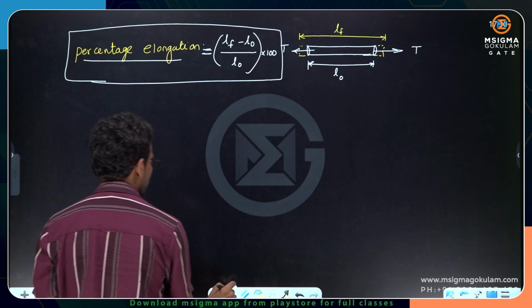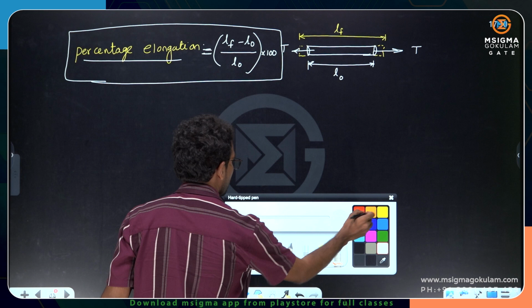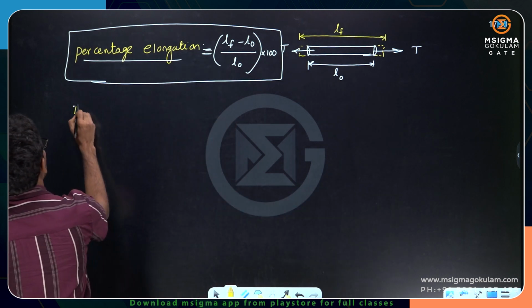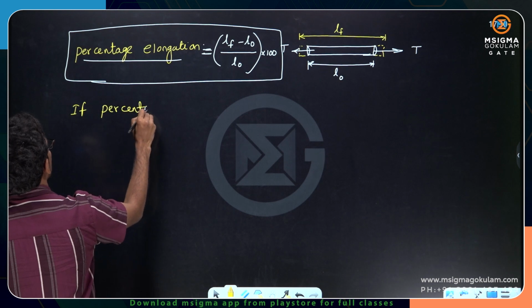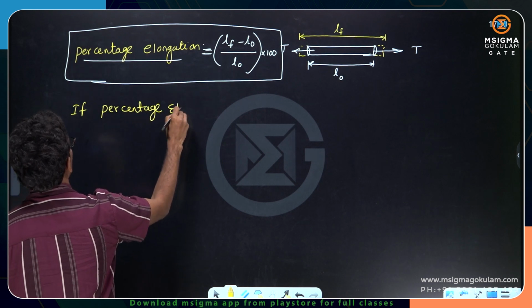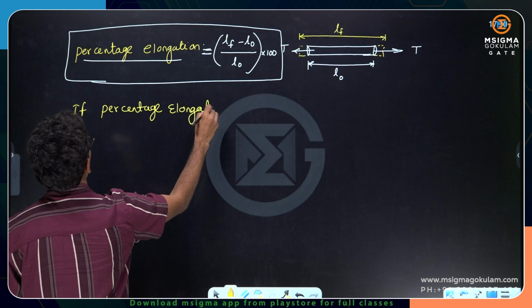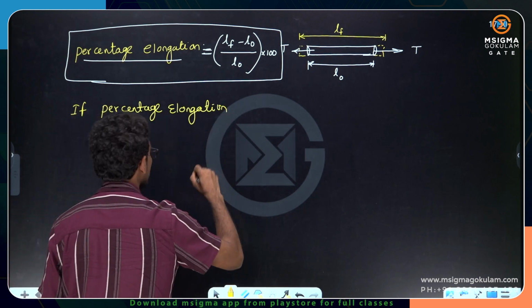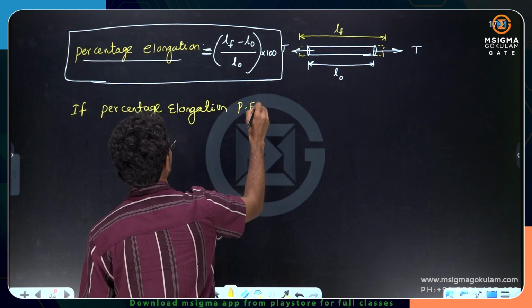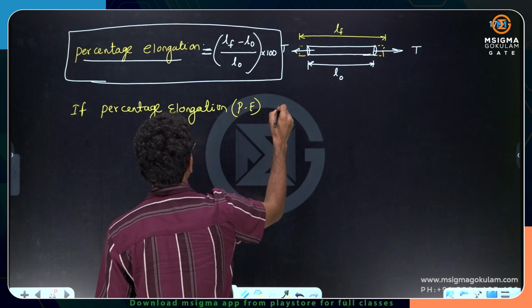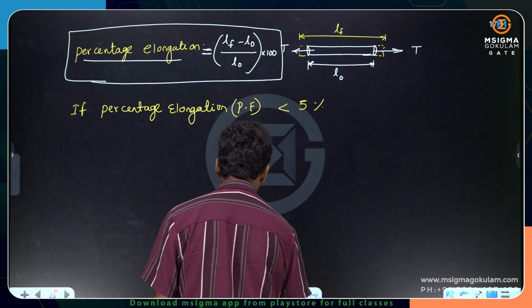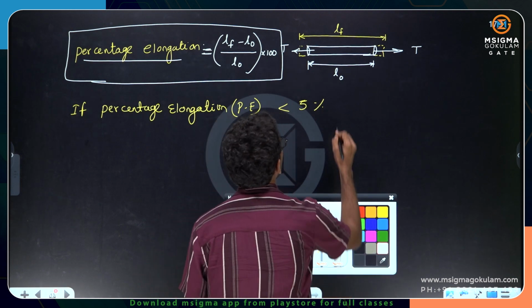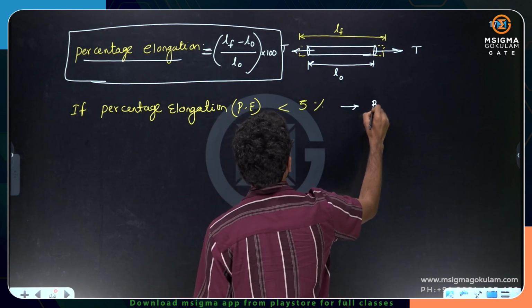So please understand, my dear friends, if this percentage elongation, I can write every time PE from now onwards, percentage elongation PE is less than 5%, for example. The percentage elongation is less than 5%, then such kind of materials are called as the